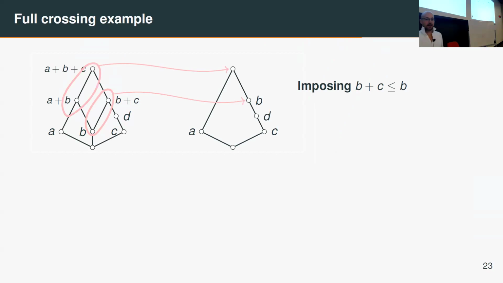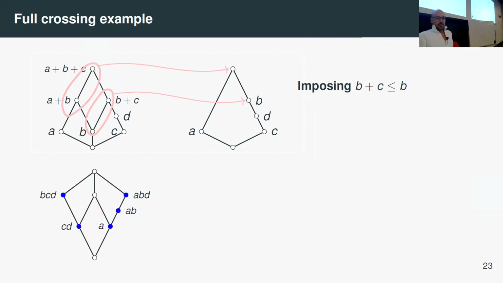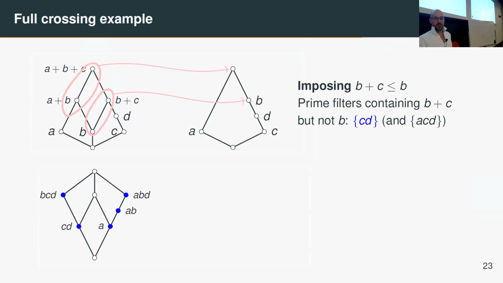And you can almost see how this thing would have arisen as a sub-semilattice of the original. So here, in the dual world, this is what we had. We had those blue points, and we need to update our new generators. What we've imposed as our constraint was we forced B plus C to be less than or equal to B. We already had B less than or equal to B plus C. That was trivial. What we imposed in this quotient was collapsing B plus C below B.